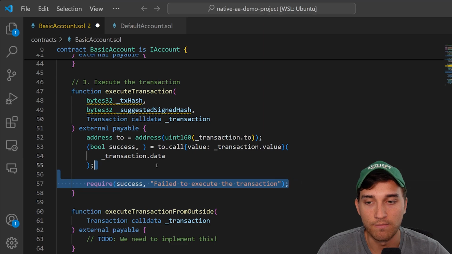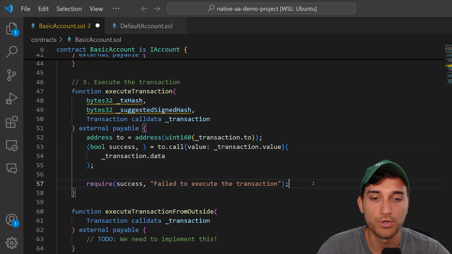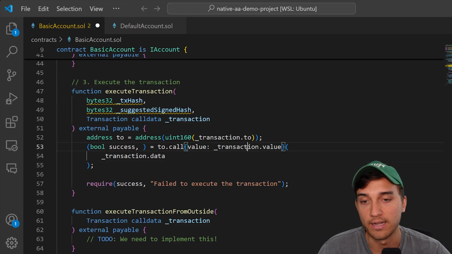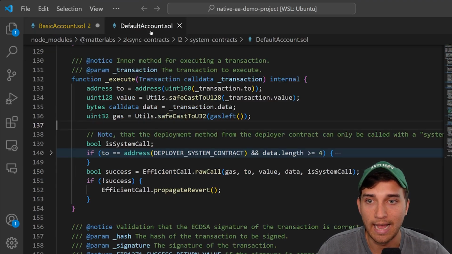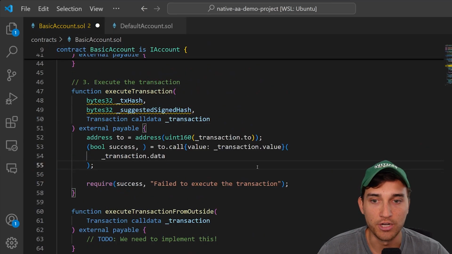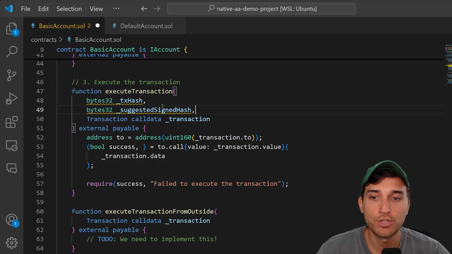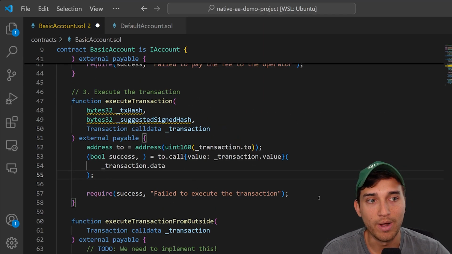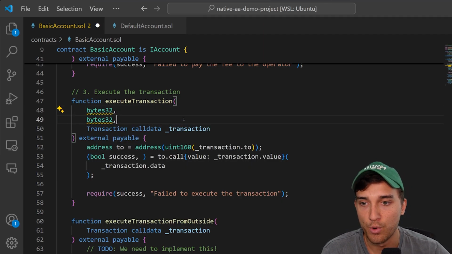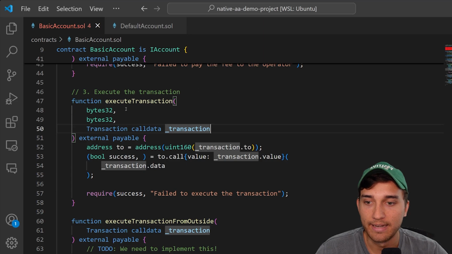So again, this is very simple. Probably don't want to have this basic of an implementation in a real smart contract, as it's not going to handle anything like deploying smart contracts properly as it does in the default account. So you can always refer back to what the default account is doing and kind of adjust your smart contract accordingly. I just wanted to show you a very basic implementation of what this looks like so you can go ahead and build out your own. And again, just like the previous one, we can go ahead and remove these unused variable names